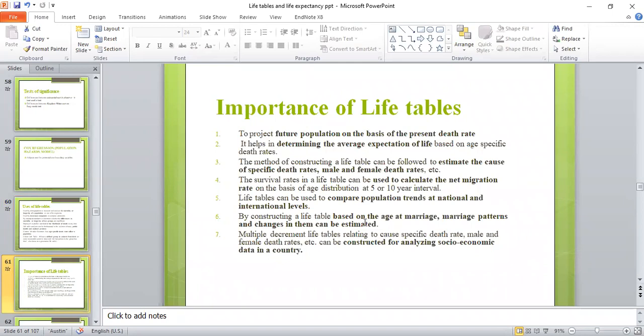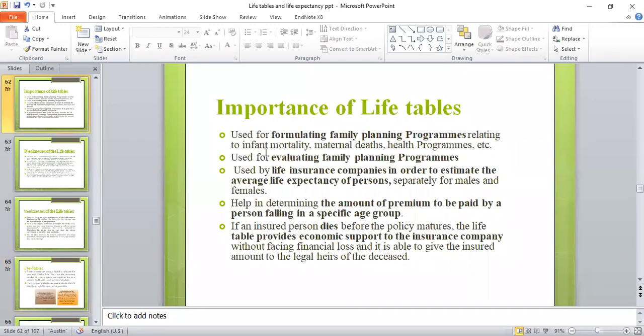Based on age at marriage, patterns and changes in them can be estimated. It can also be used for analyzing socioeconomic data in the country. It can also be used for formulating family planning programs relating to infant mortality, maternal mortality, and health programs, and for evaluating family planning programs. For life insurance companies, it helps in determining the amount of premium to be paid by persons falling in specific age groups. If the insured person dies before the policy matures, the life table provides economic support